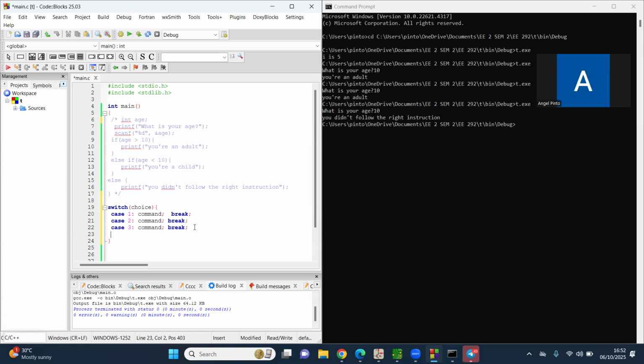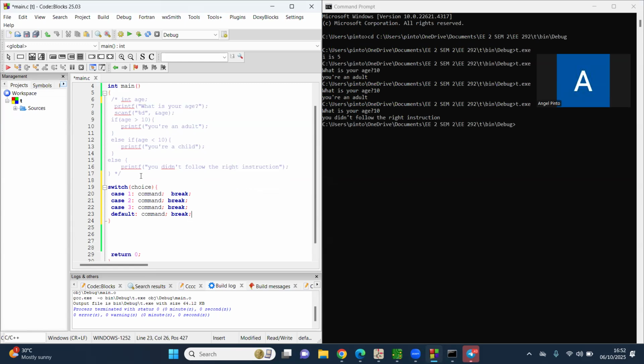And you can have a default situation, and then a command, and then a break. Okay, so this is the syntax for a switch case. So basically, you have a choice here, and then the choices will be here. So if your choice is one, it will go to case one, execute your command here, and then it will